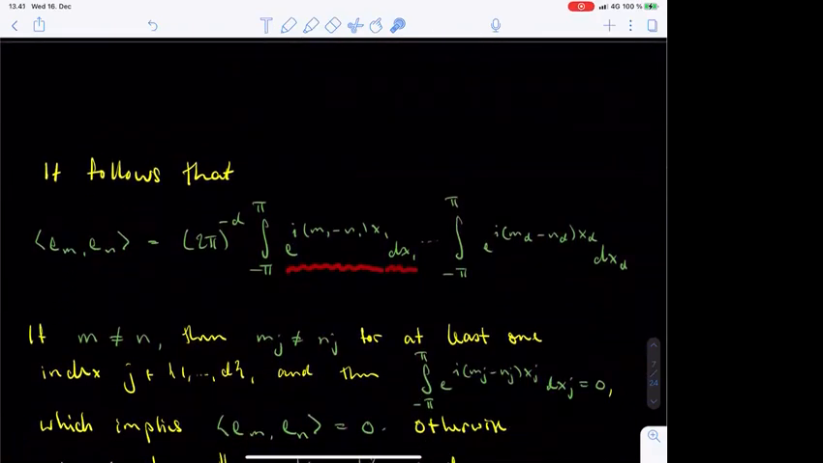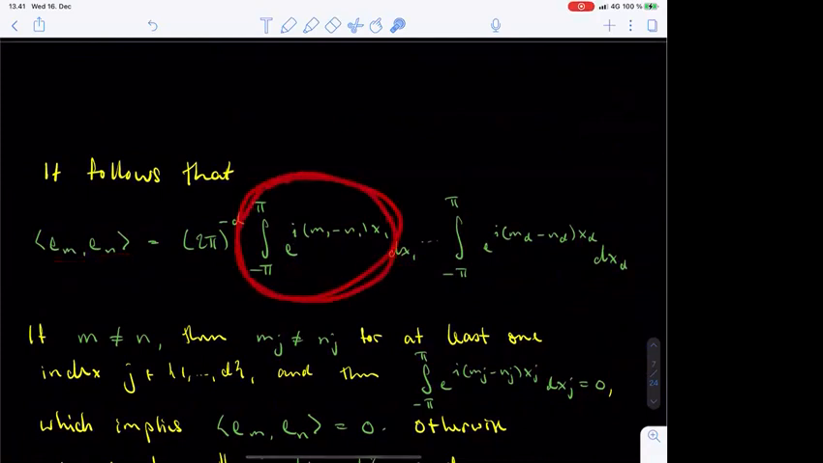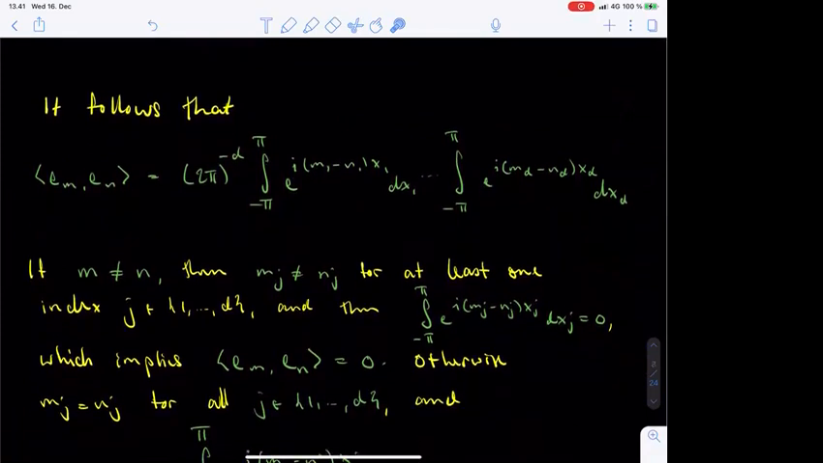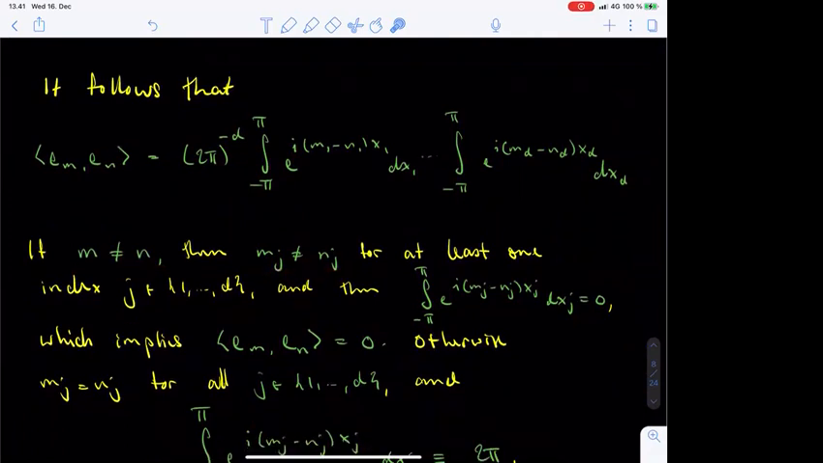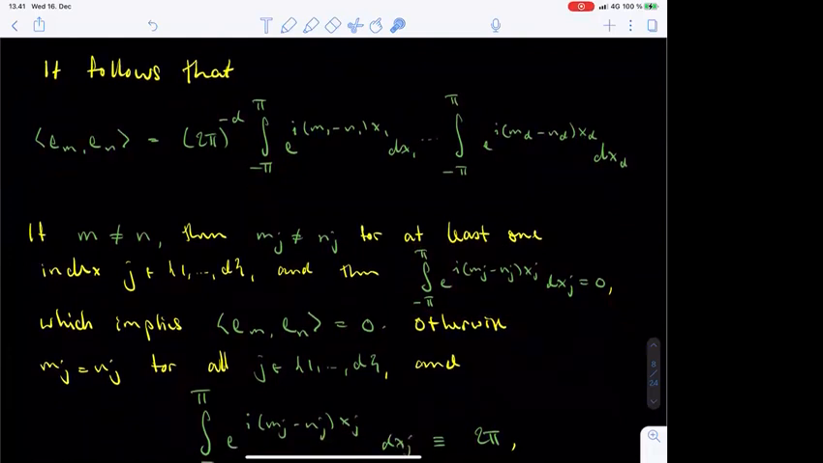So, in order to calculate the bracket between em and en, it suffices to calculate separately these d one-dimensional integrals. Let's do this now. If m is not equal to n, then there exists at least one index j so that mj is not equal to nj. In this case, the integral from minus pi to pi of e to the power i(mj minus nj)xj dxj equals 0. This was one of the useful formulas for the complex exponentials, which we recorded on page 4